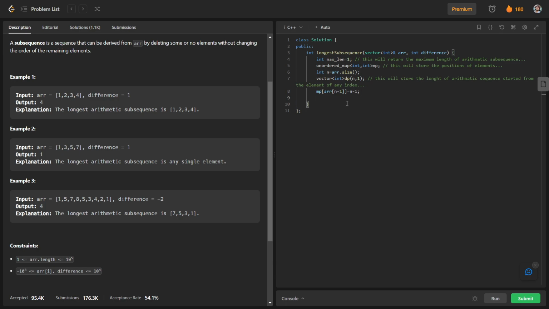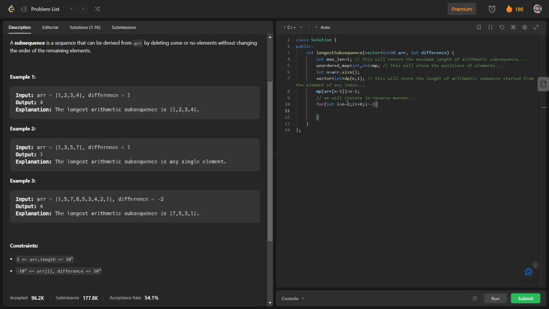Again we will iterate in reverse manner, from i equal to n minus 2, i greater than or equal to 0, i minus minus.